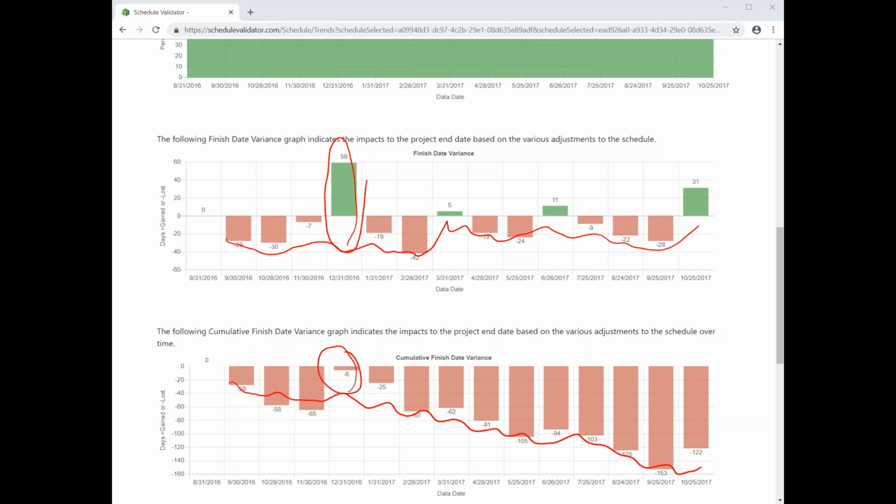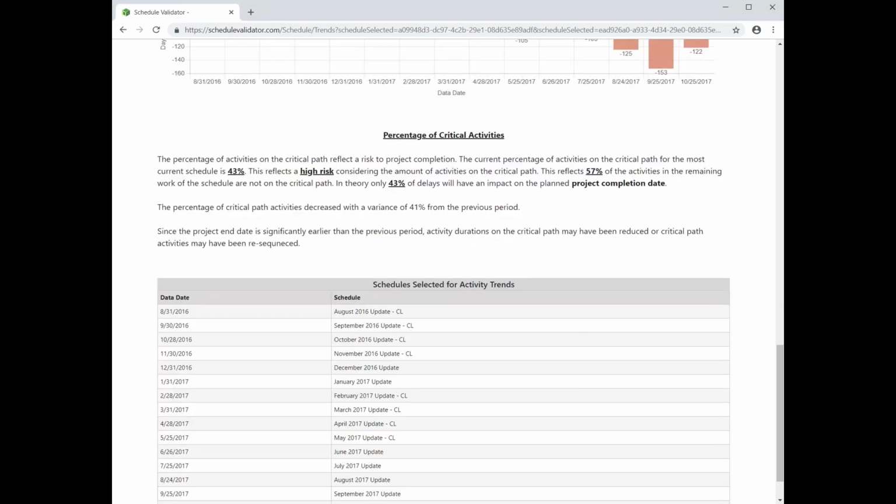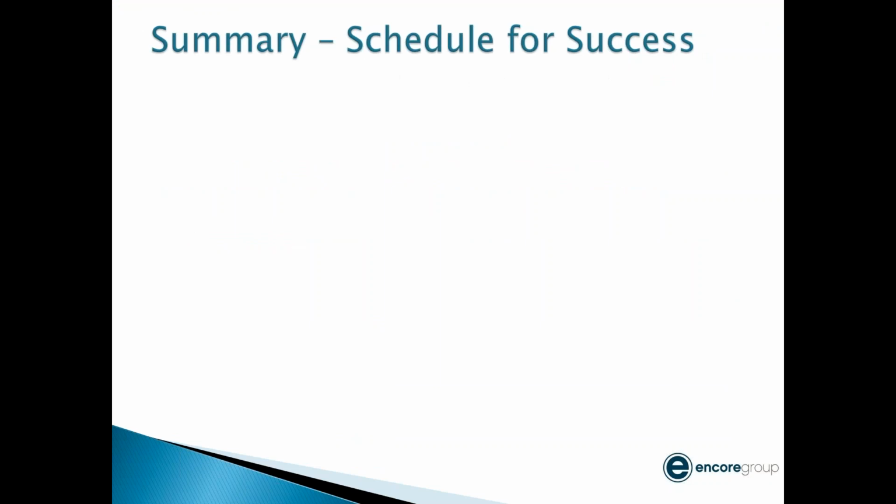So this is showing me a project that's not hitting its dates every month, but is doing a lot of resequencing. That's a high risk project. Sure enough, this particular project is part of a dispute resolution. And so when you see that, you can get